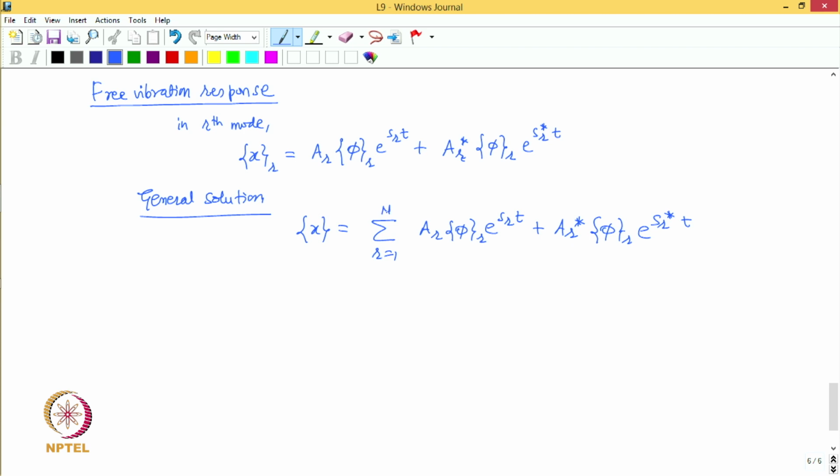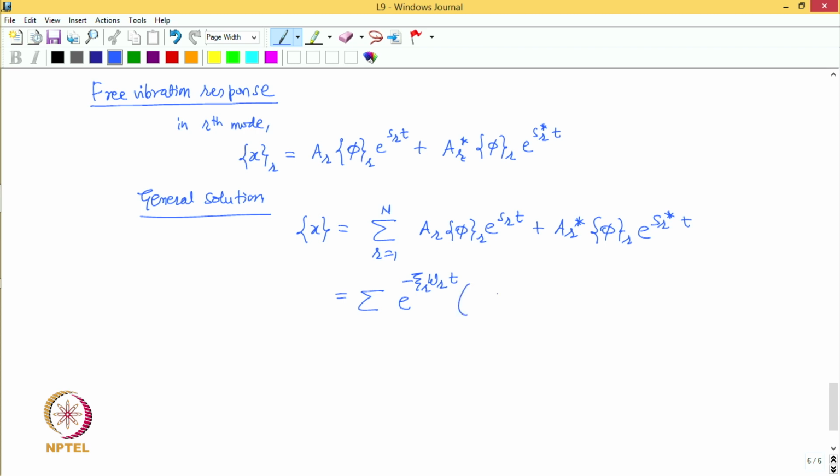So, this is a general free vibration solution, and if you substitute the complex eigenvalue expression here, s_r is equal to minus zeta_r omega_r plus or minus i square root of 1 minus zeta_r square into omega_r, and then use Euler's identity and simplify, we can also write this in this form,